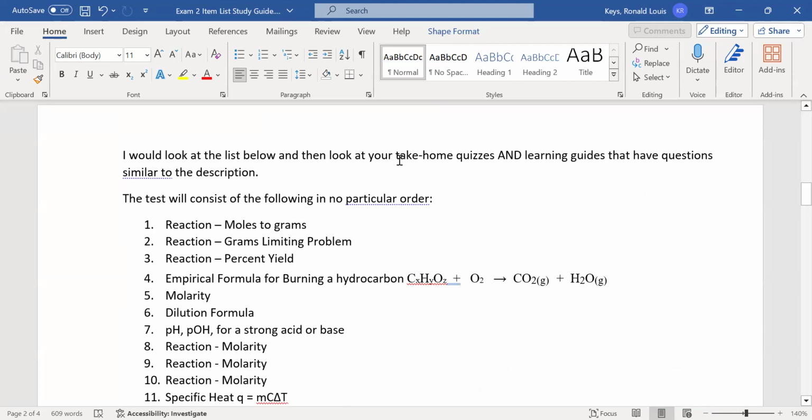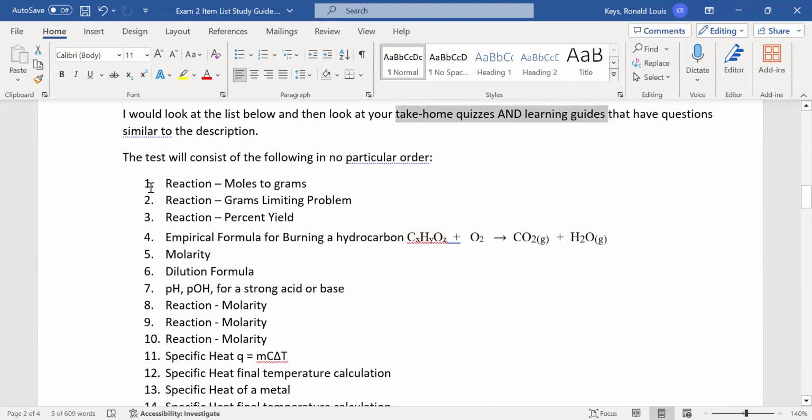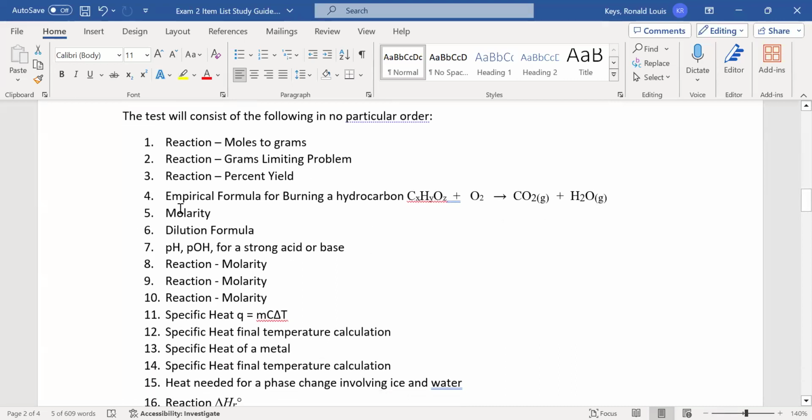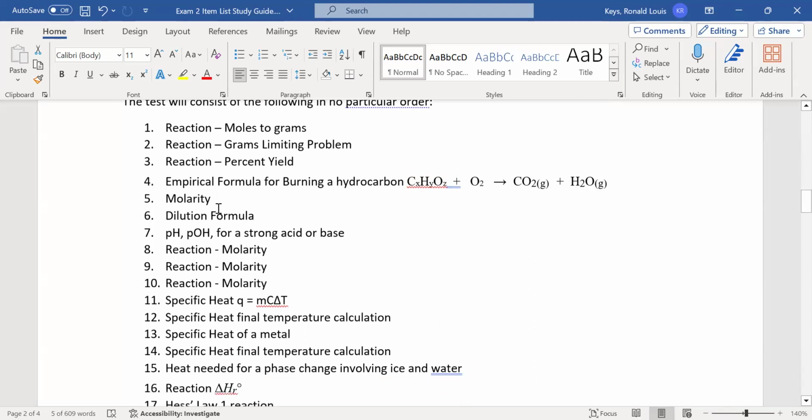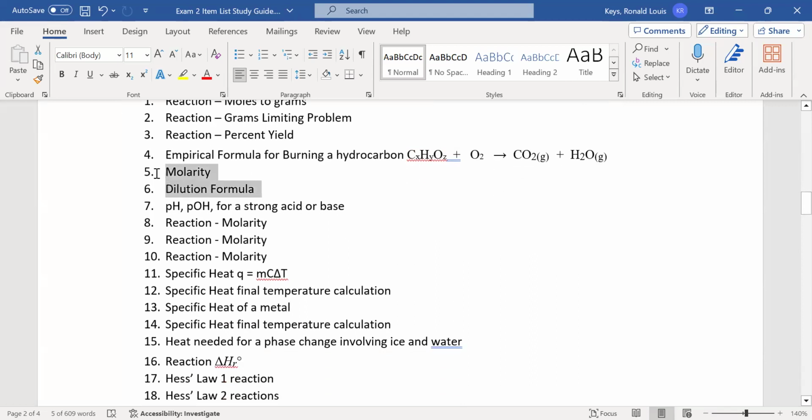So if you look at your take-home quizzes and your learning guides, you will find a reaction that starts out with moles and wants grams. You'll find more than one. You'll find reactions that have grams in it, and it's a limiting problem. You'll find a percent yield problem. You'll find an empirical formula problem burning a hydrocarbon. You'll find something to do with molarity, the dilution formula,